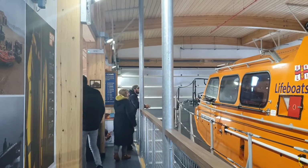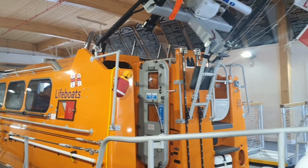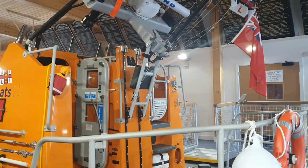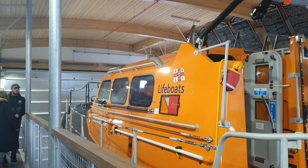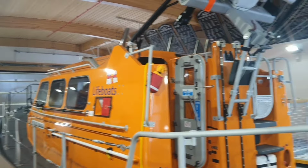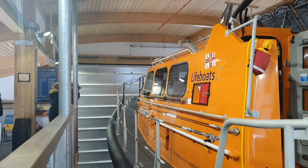Well, we're in the lifeboat station. This is a brand new lifeboat station. I think it was only built the end of this year. It was finished, and this is obviously the brand new lifeboat, and it's called the Duke of Edinburgh. That's nice, isn't it? It's quite massive, isn't it? If you're ever in